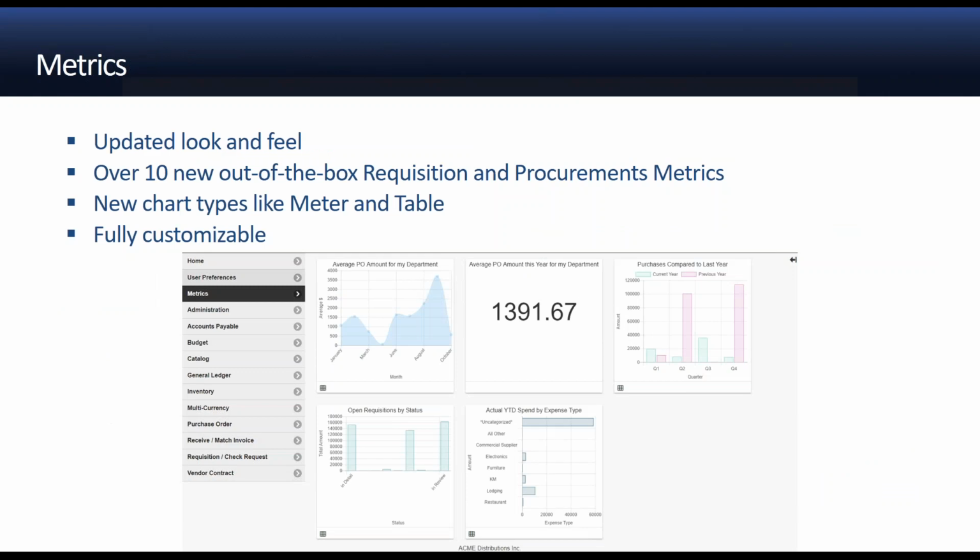Also, a key component is we significantly expanded the metrics that we offer within the WorkPlace application. We now offer over 10 out-of-the-box requisition and procurement metrics. We also have metrics for expense as well as AP automation, and then also the timesheets. We've added a couple of new chart types, and these metrics are fully customizable along with our reports, so that